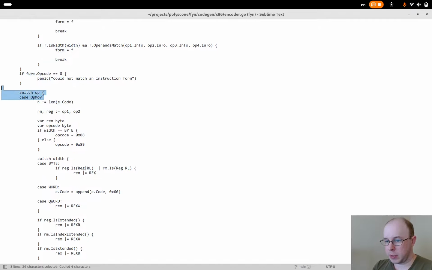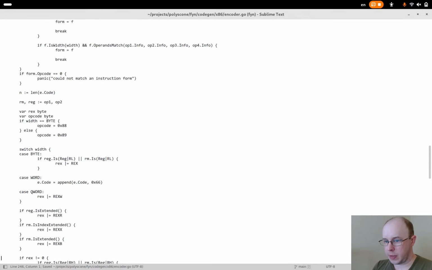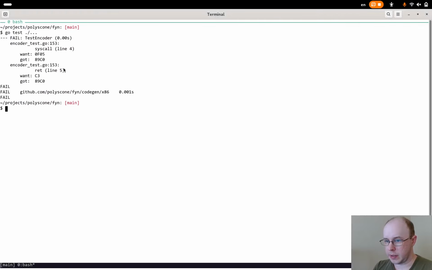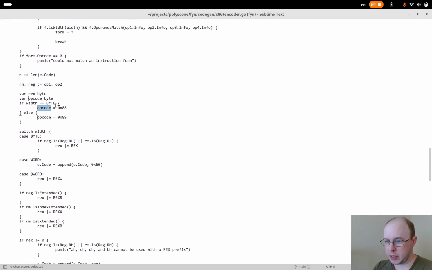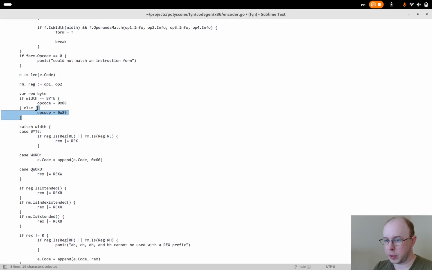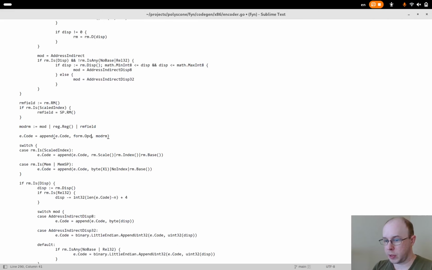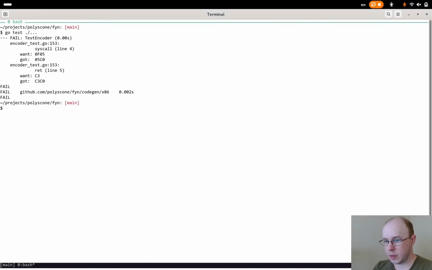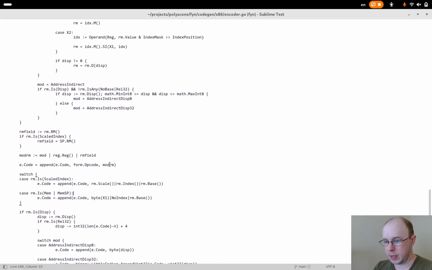So that means that I should be able to get rid of this switch now, and the hard-coded opcodes here. And now this should break. So it's actually working for all of the MOV ones, but that is because I'm hard-coding the opcode here. So instead of using opcode as a hard-coded thing now, we'd want to pass in the form opcode. And then, let's see, so we're now getting 05 then C0, so this is because it's outputting a mod RM.